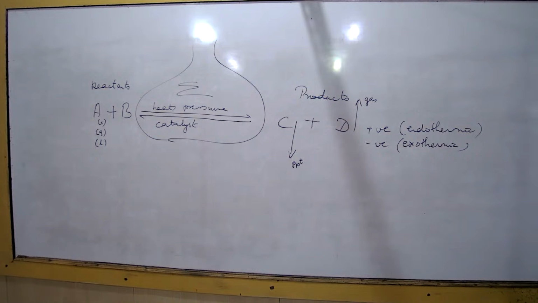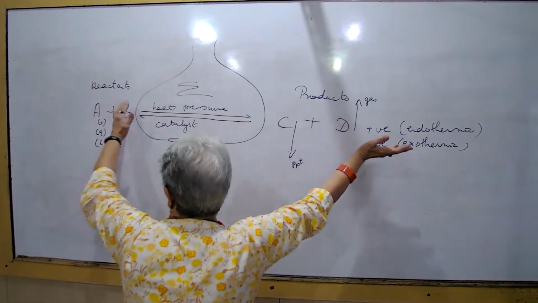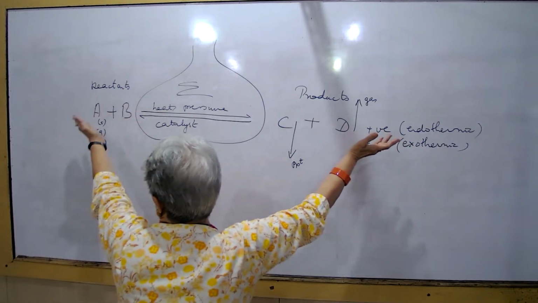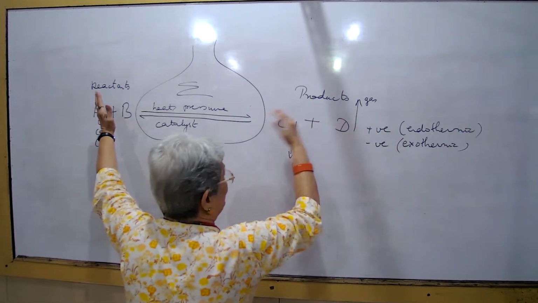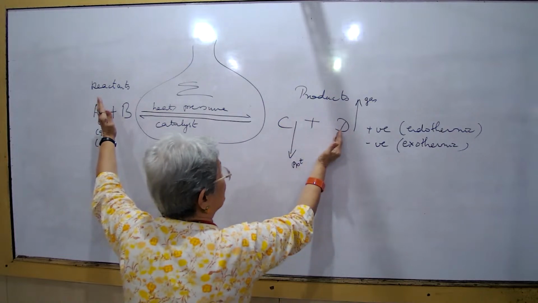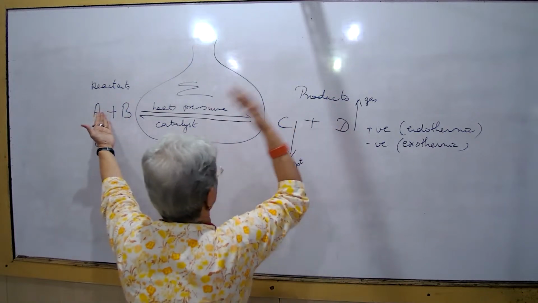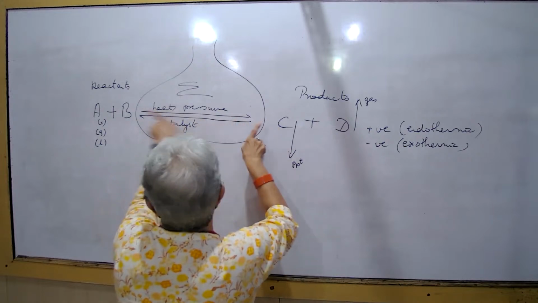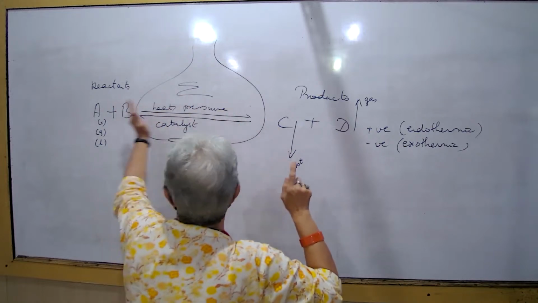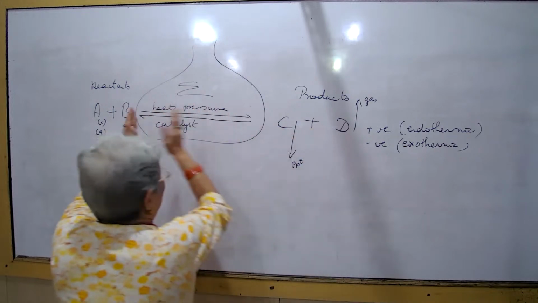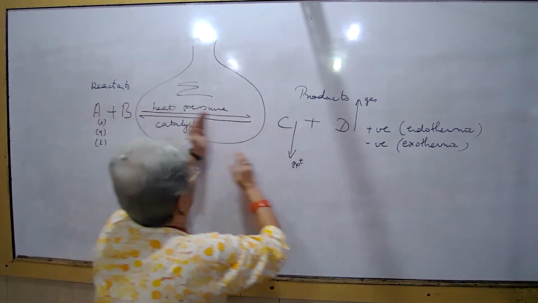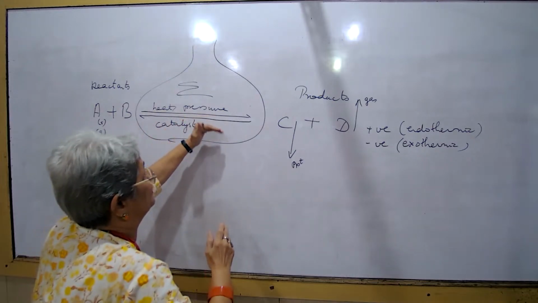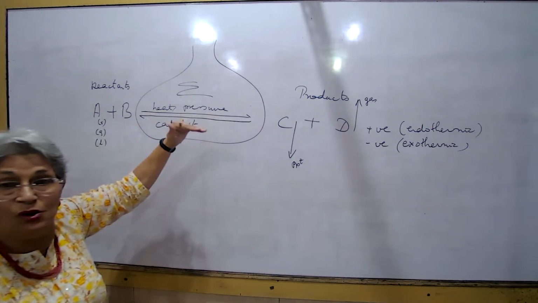So how to write a chemical reaction? We write down the reactants on the left-hand side and the products on the right-hand side. If there is more than one reactant, they are separated by a plus sign. If there is more than one product, they are separated by a plus sign. The reactants are separated from the products by the arrow. The head of the arrow will tell you in which direction the reaction is proceeding. If the reaction is a reversible reaction, that means it is moving forward and backward, then it is represented by two oppositely